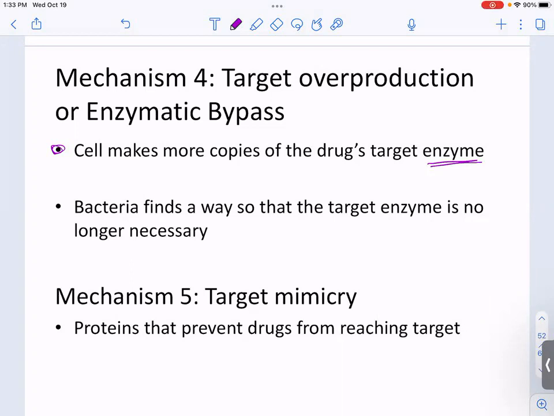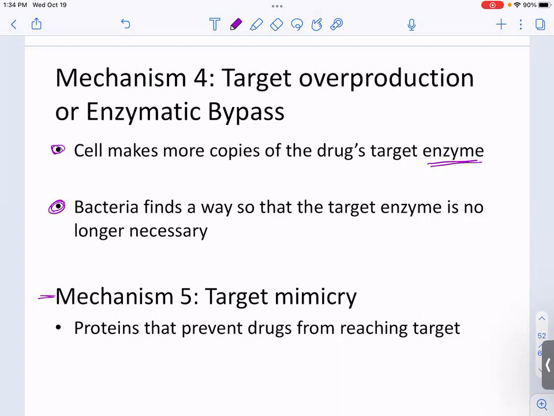Okay, or maybe there's some way that the organism doesn't actually need the enzyme anymore. It might find a way around that. Okay, and the last one, this is fairly newly described, but